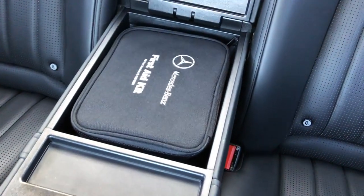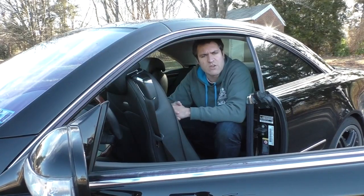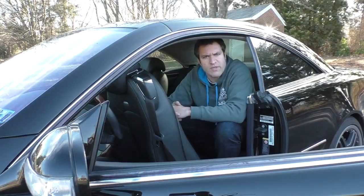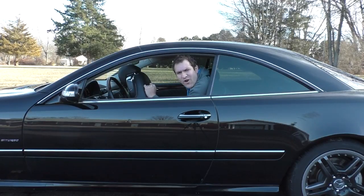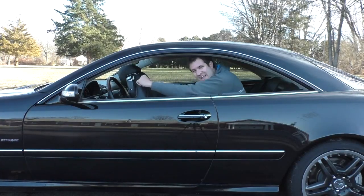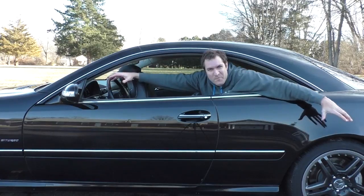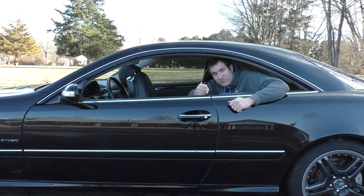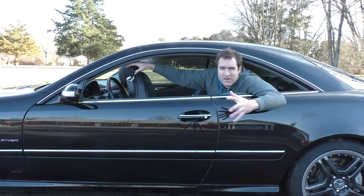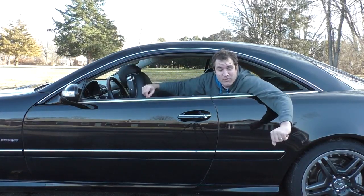It's unusually large and its home is the center armrest in the rear middle seat, since they figure no one's ever going to be riding back here, and keeping important documents in there or something. One other cool thing about the rear of this car is you can drop the back window back here, and then this is all pillarless. It's completely open, and there's no B-pillar stuck up here like in most cars, so you drive around and you can just have the wind blowing around the cabin like you're in a convertible, even though you're in a big